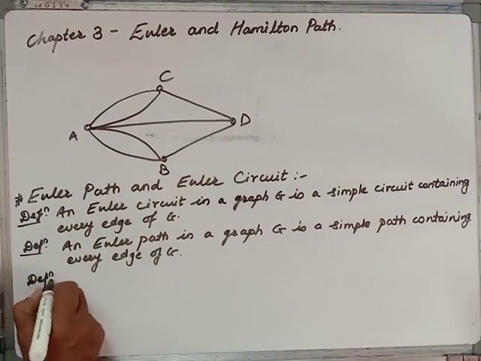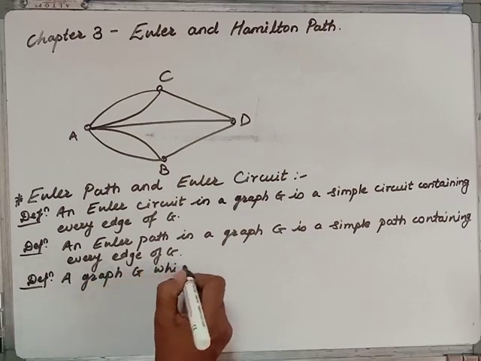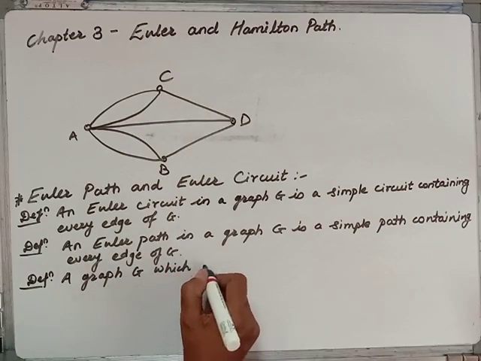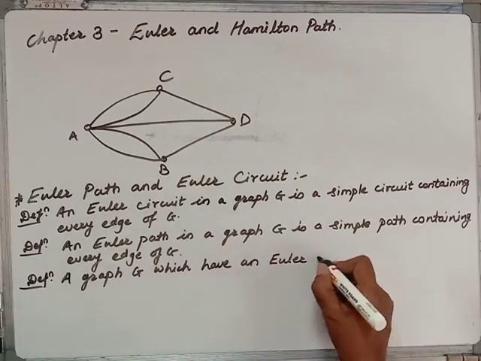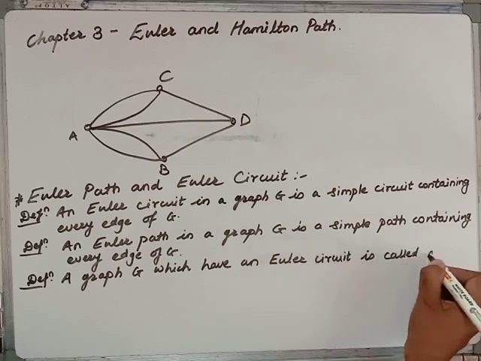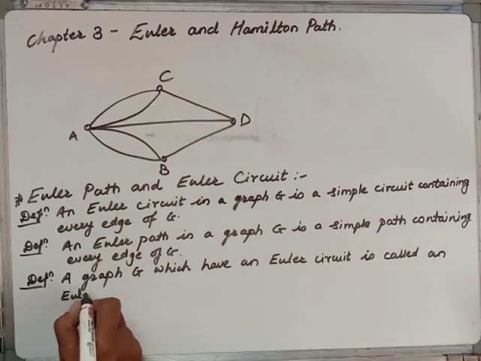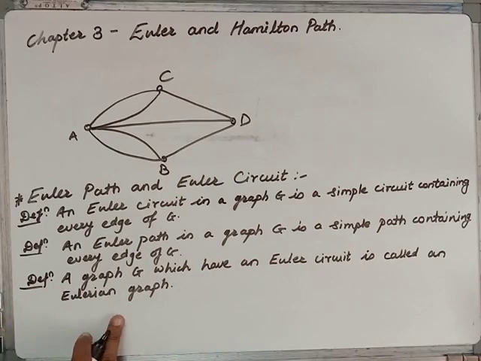Then the next definition: a graph G which has an Euler circuit is called an Eulerian graph. It is called an Eulerian graph. That is the same as to say, if we can travel along the edges of the graph starting at a vertex and returning to it by traveling each edge of the graph exactly once, then the graph is known as an Eulerian graph. That is,